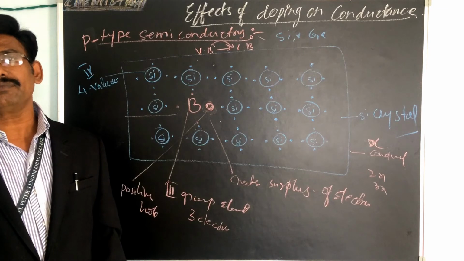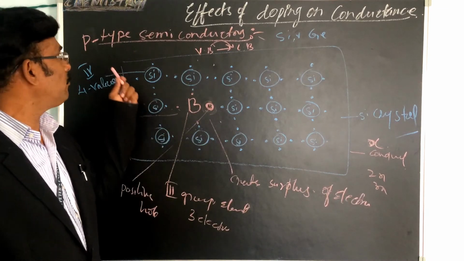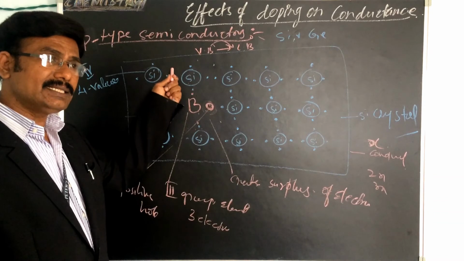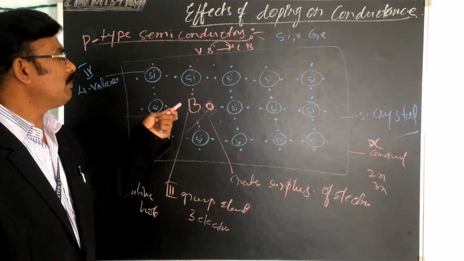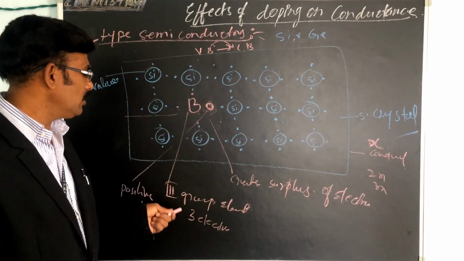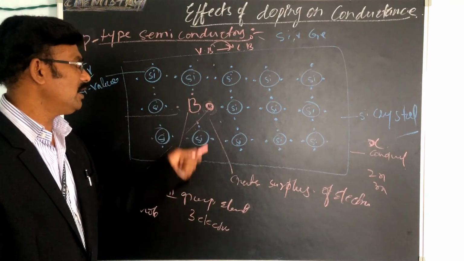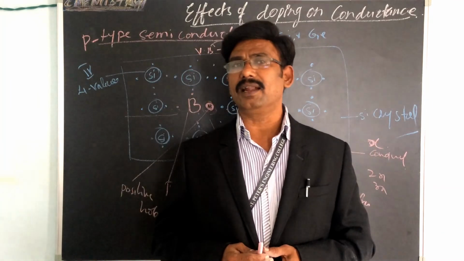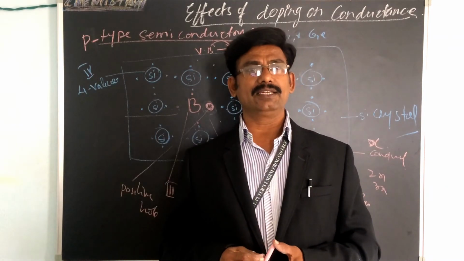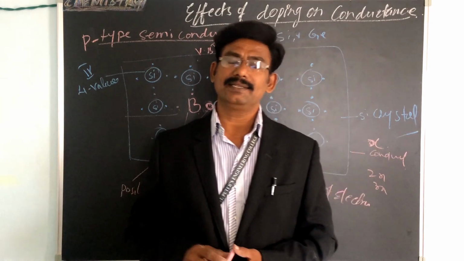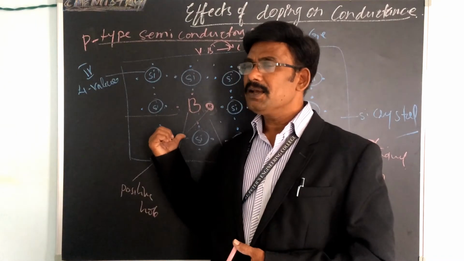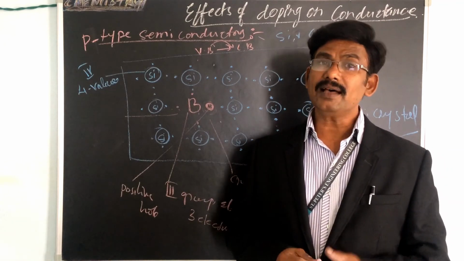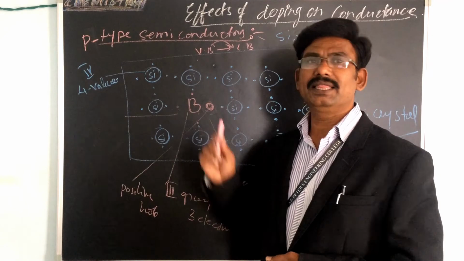Now I will tell you the difference between n-type and p-type. In p-type we add boron as an impurity, and in n-type phosphorus. In n-type there is an excess electron, a freely moving electron. But here boron is the deficient, third group element, with only 3 electrons, which creates a positive hole. Once again, listen: when a group 4 semiconductor is doped with a trivalent group element such as boron, which has fewer valence electrons than the semiconductor, meaning only 3 electrons instead of 4,